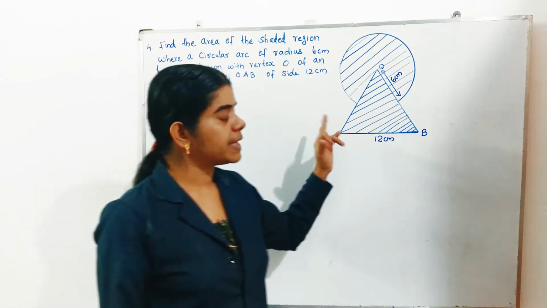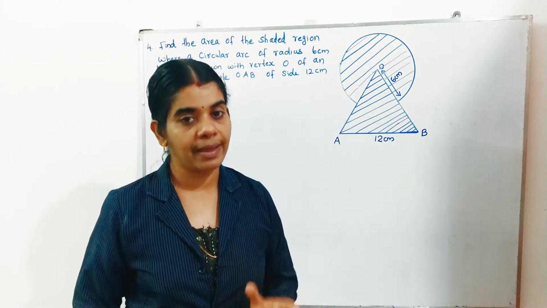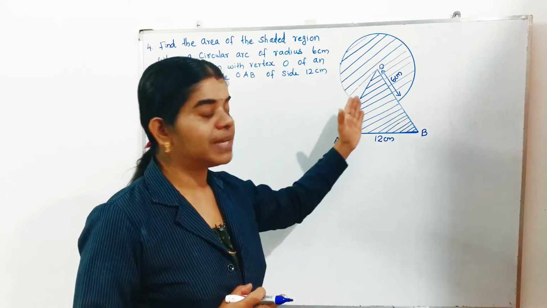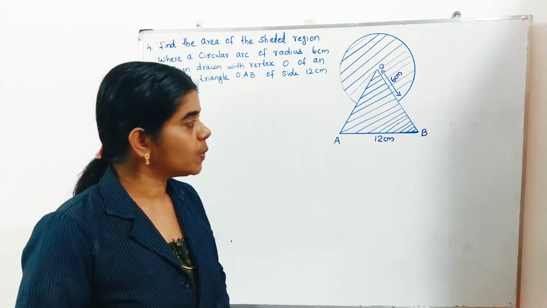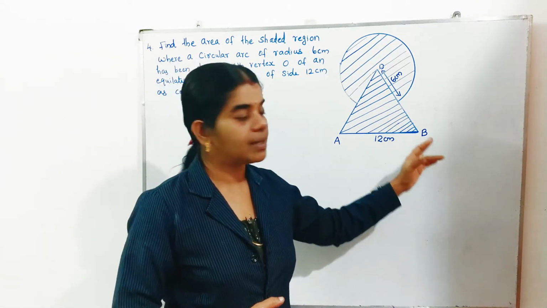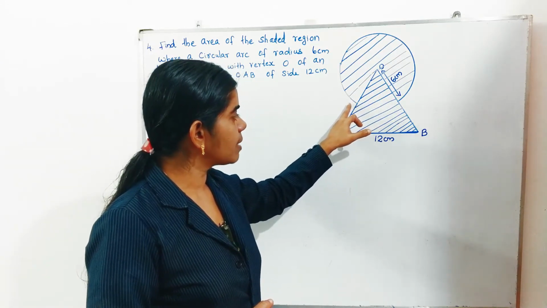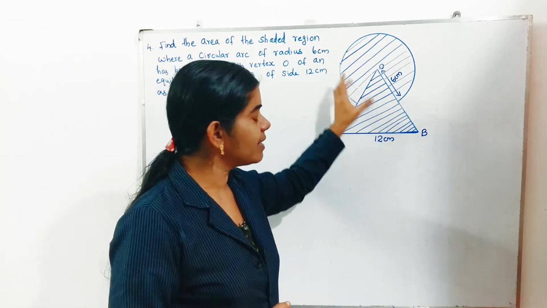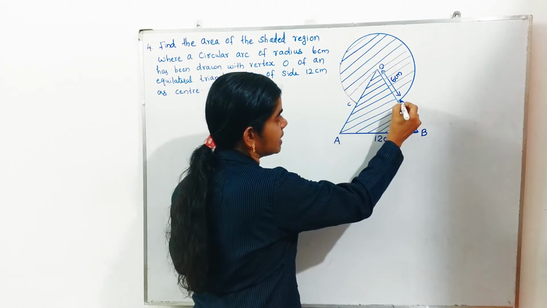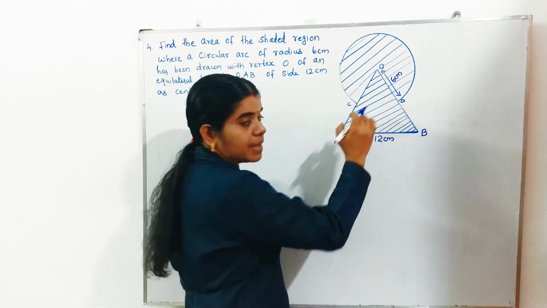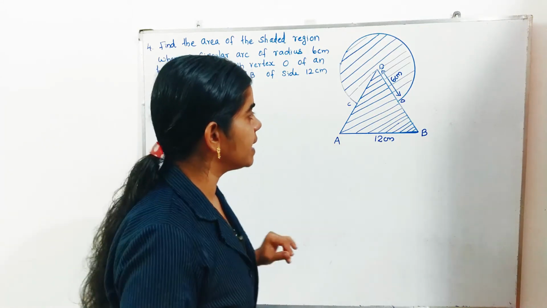Then if you are finding the area of the circle and finding the area of an equilateral triangle and adding, one common part will be there for both circle and triangle, that also you want to subtract. So we can find the area. In the case of an equilateral triangle also, if we are marking CD, OCD is coming. In the circle also that part is coming. See I am marking here D. So this part is coming common for both circle and equilateral triangle. So first we can find the area of the equilateral triangle.